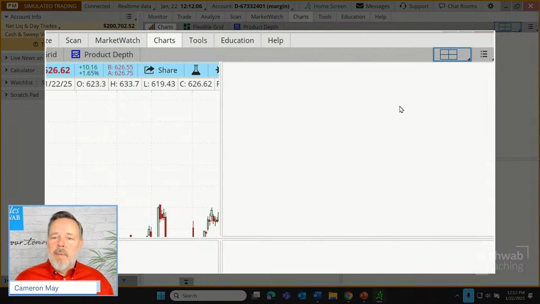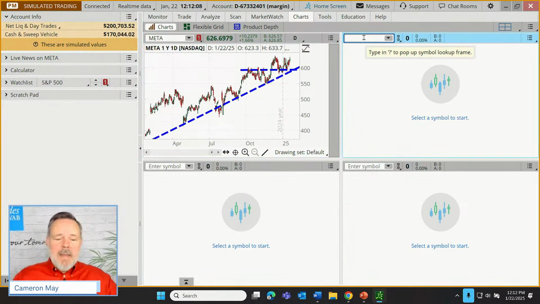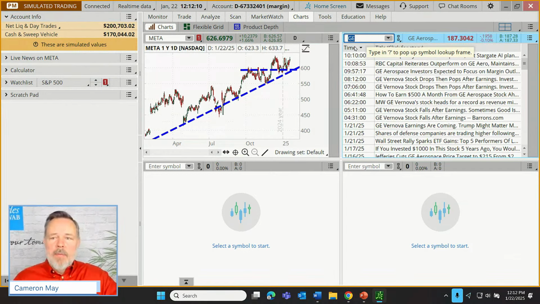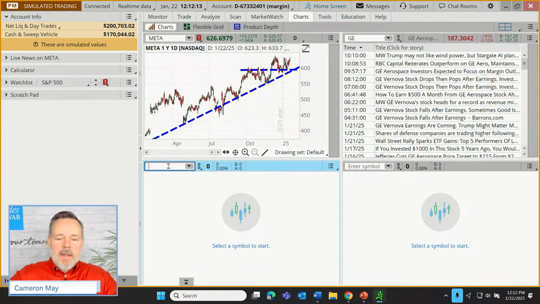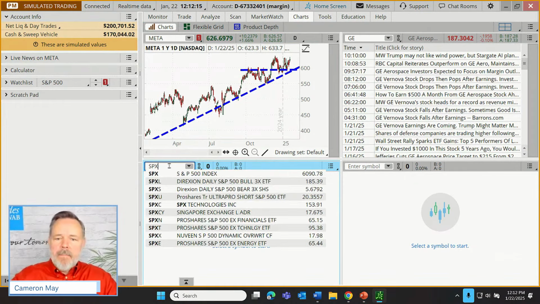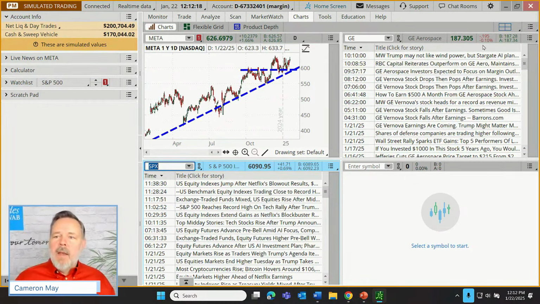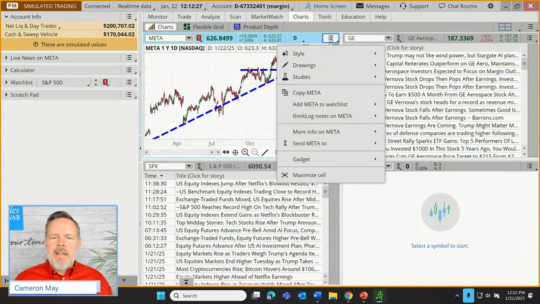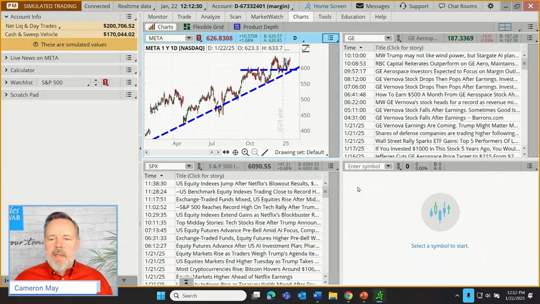Let's just do 4 as an example. So here are 4 charts, independently usable. So we can just type in symbols up here. And what we can also do is let's actually maximize one of these, because it's nice when we have different things loaded up in these individual windows, but we can just look at one while retaining access to the others.